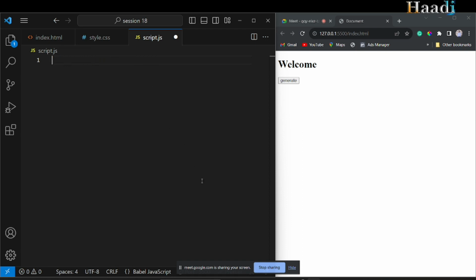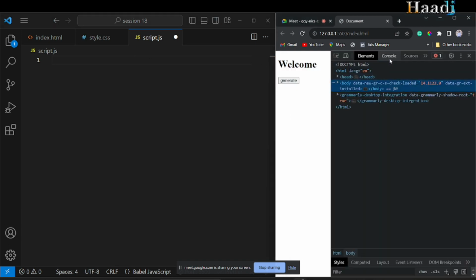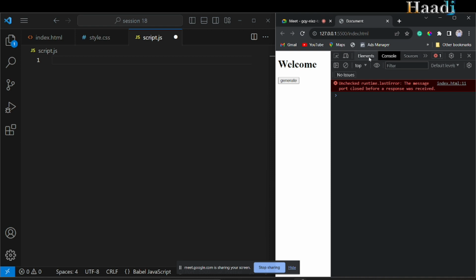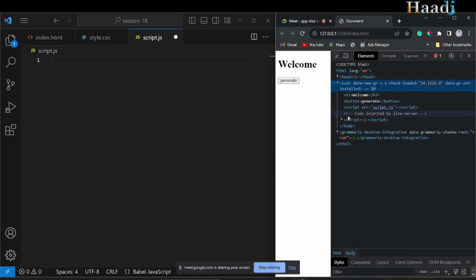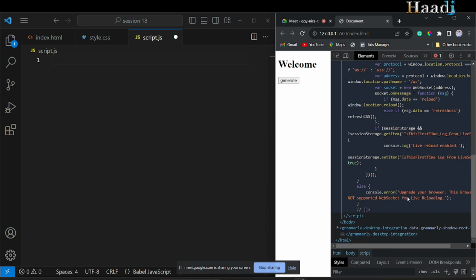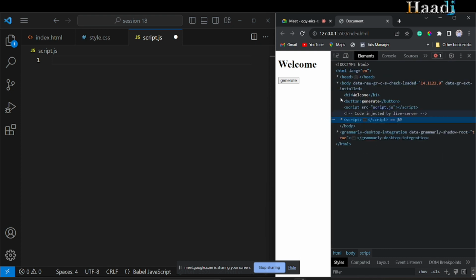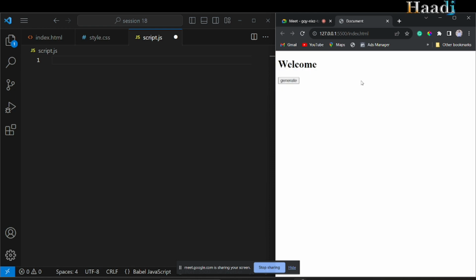Let's say I don't want to do this. I don't want to store the data inside my JavaScript itself, because anybody can go to inspect and see inside the elements and inside JavaScript. People can see my scripting, and they know what I'm storing, where the data is, and what's happening. I can just go to JavaScript and see what's happening here. So I don't want to do this. This is one way. Another way is